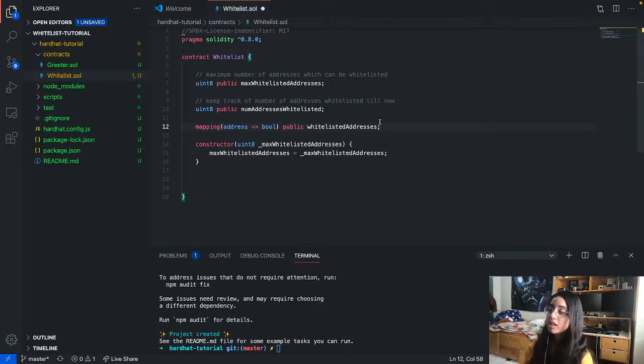So that's really good for us, right? We don't have to set it up in the constructor because Solidity already does that for us. So that's pretty cool, right? Otherwise we would have to go through every address and specifically set them to false. And mapping here